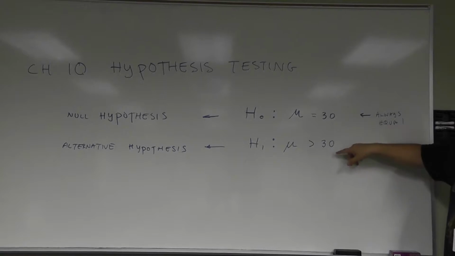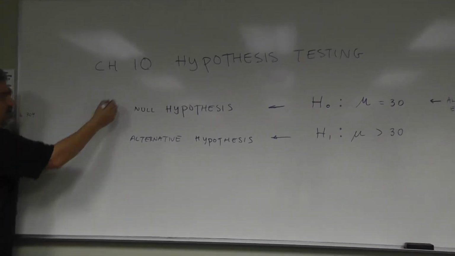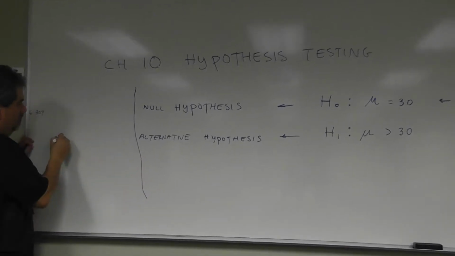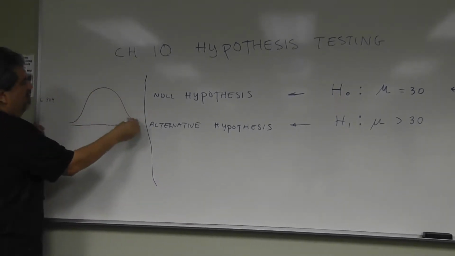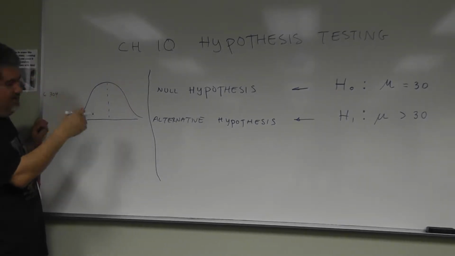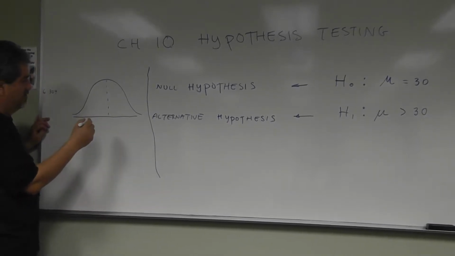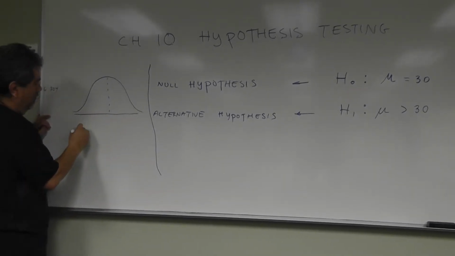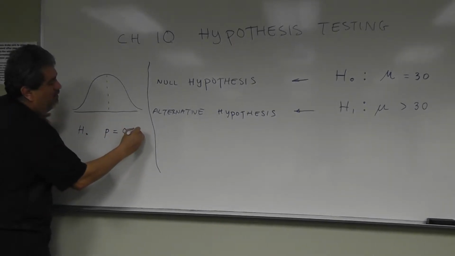And as a matter of fact, for example, in the first case we talked about earlier, the percentage was 45%. Well, let's say that the claim was that the percentage was 45%, right? So you have the null being that the percentage is 0.45,